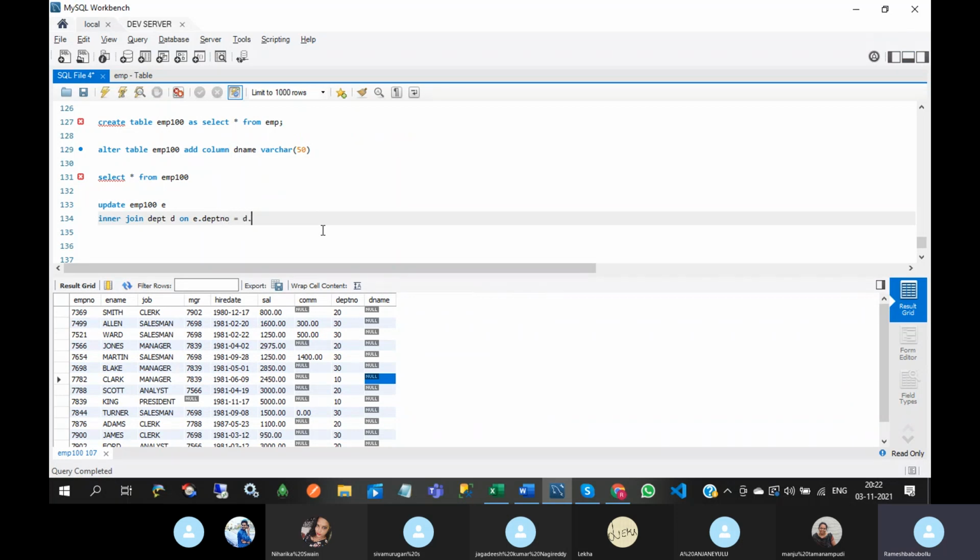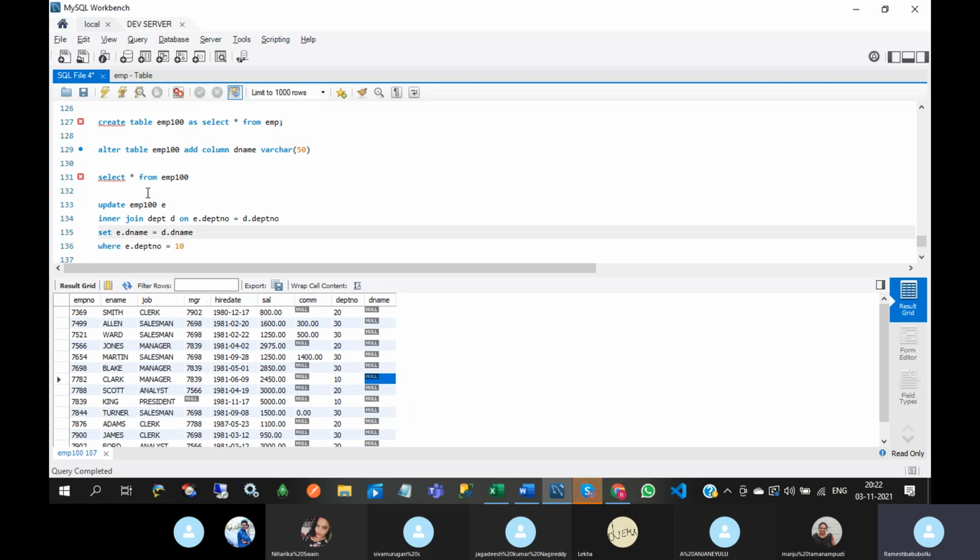DEPTNO, equal to D dot DEPTNO, and set E dot DNAME equal to D dot DNAME, where E dot DEPTNO equal to 10.